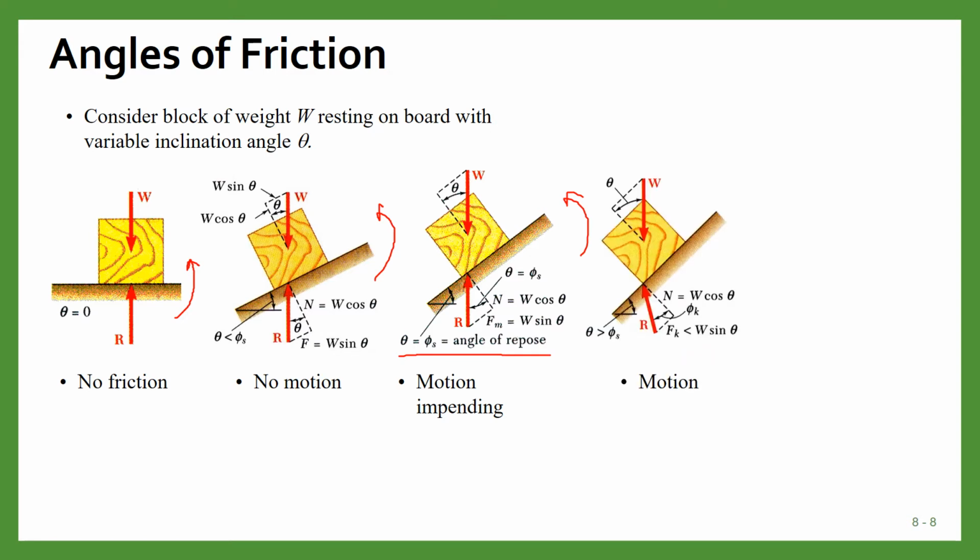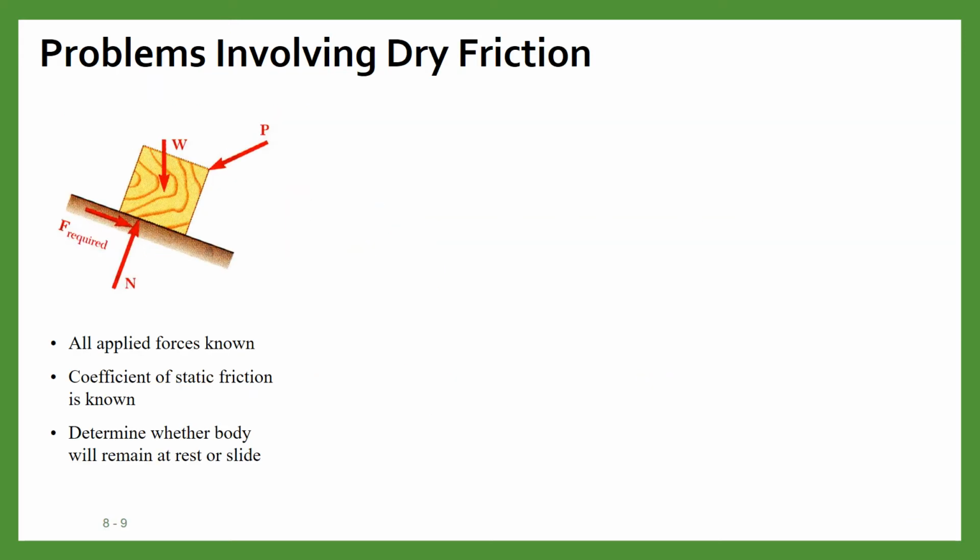And when the motion starts, then this theta will be greater than theta s. So when the angle of inclination of this board is greater than theta s, this motion will start. To solve the problems involving dry friction, sometimes you have this type of case where